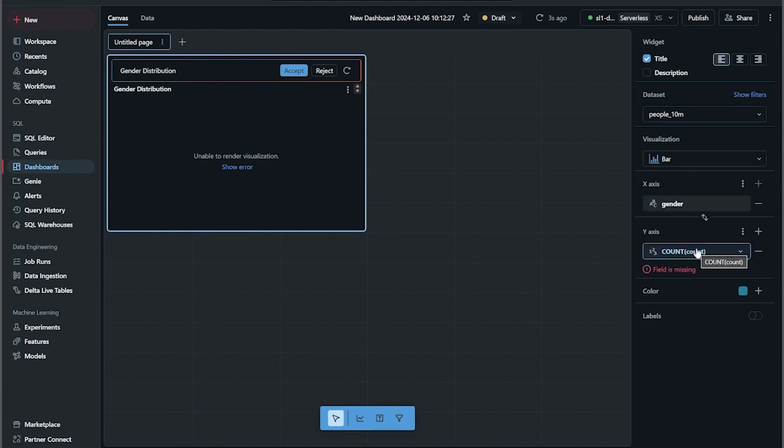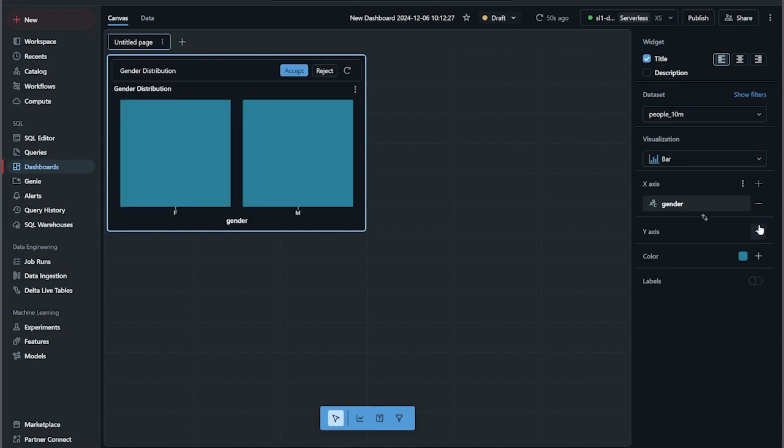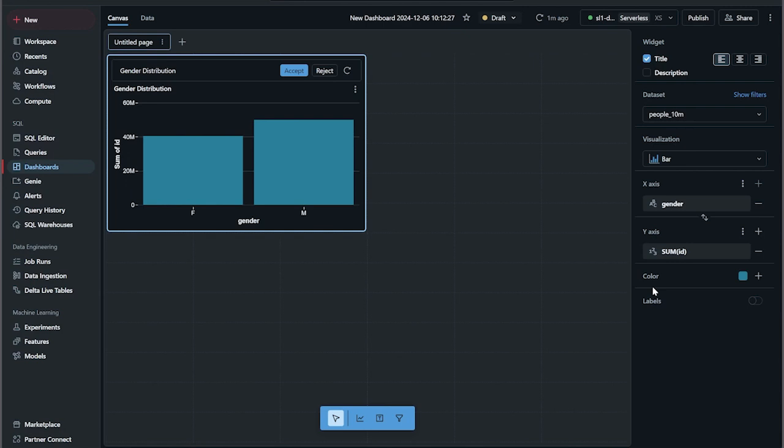It's trying to perform a count operation on a count column, which doesn't really happen. But what we can do is add a y-axis here and go by ID, right? And you can see that there are